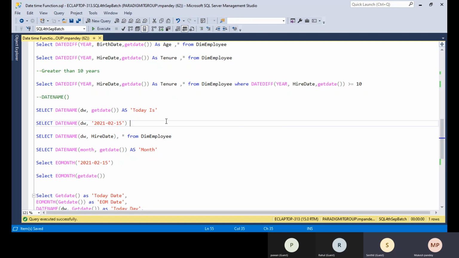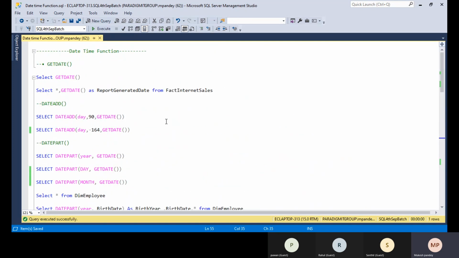I will put a couple of questions related to the date time functions, so you can do the practice. We have around 10 to 15 questions. If you solve those questions, you will get a better understanding of all the functions. Please make sure you solve the assessment that I'm uploading into the drive.